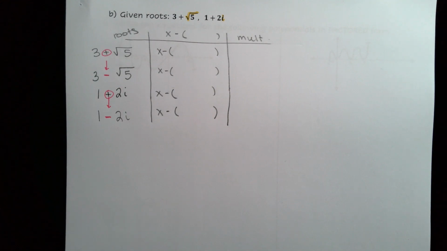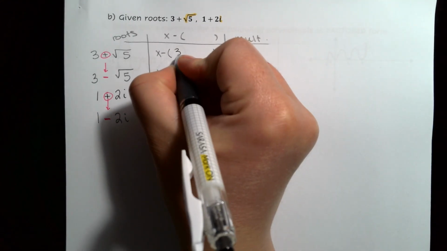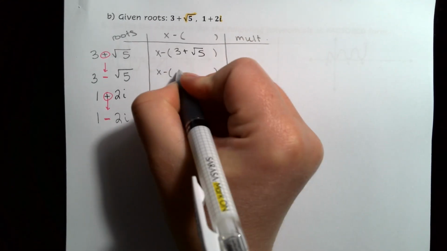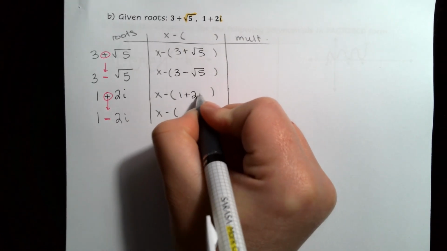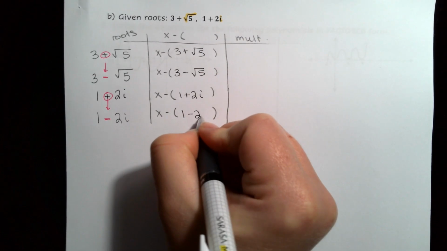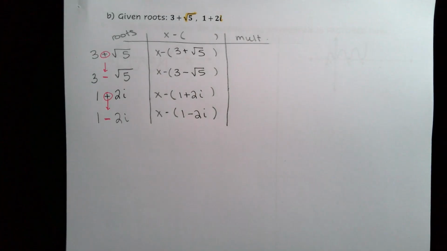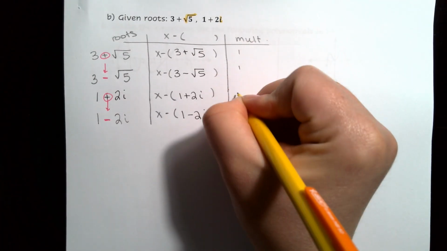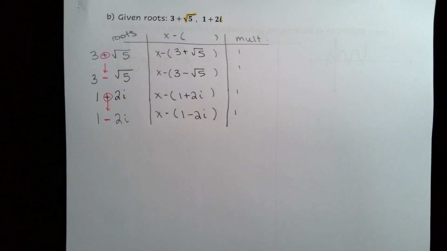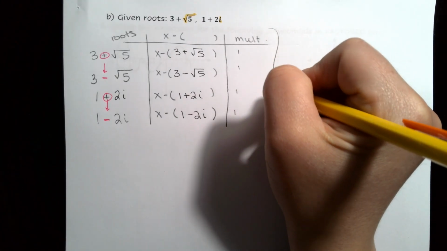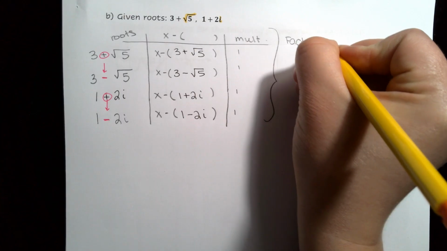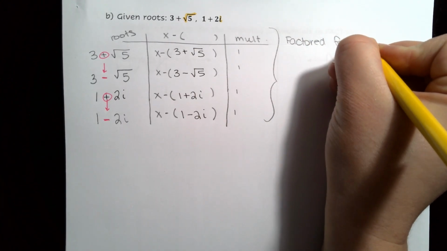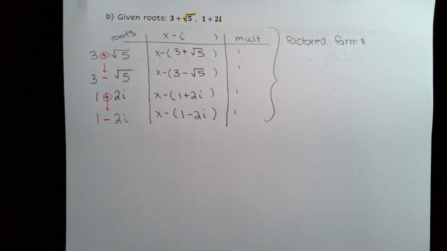Inside, we're going to write in our roots of 3 plus square root of 5, 3 minus square root of 5, 1 plus 2i, 1 minus 2i. And again, since they did not tell us there is a multiplicity, all of our exponents are going to be 1. So in factored form,